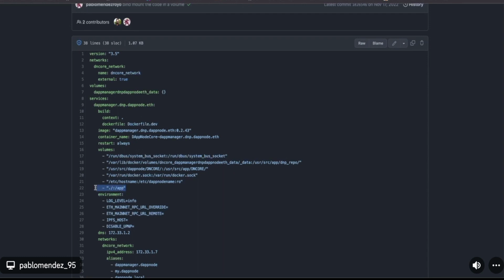It will depend on if it's Golang, JavaScript, or whatever. For instance, in JavaScript, you can use Nodemon to watch for new changes in the source code. So this allows you mainly to map the source code of your application into the Docker container. Not sure if you got it. Maybe I confused it a bit.